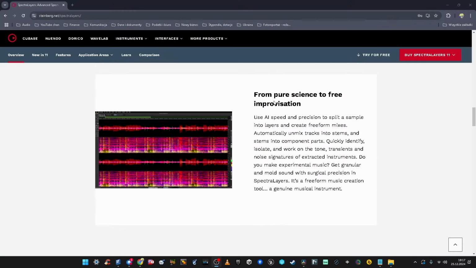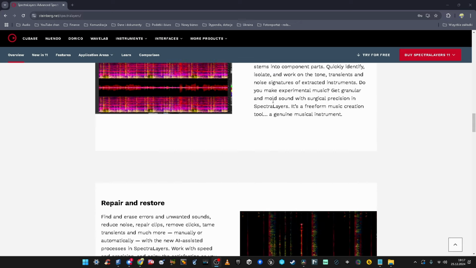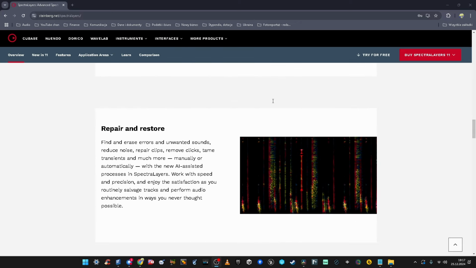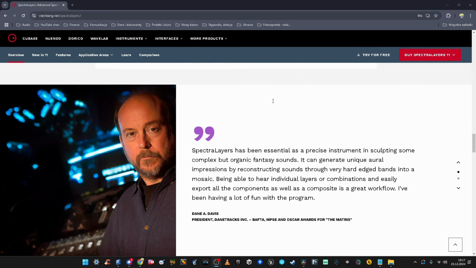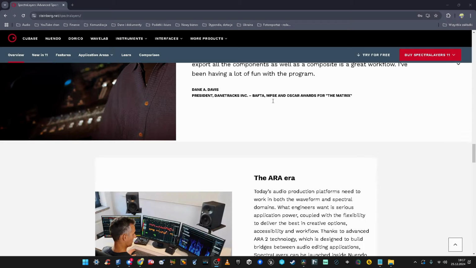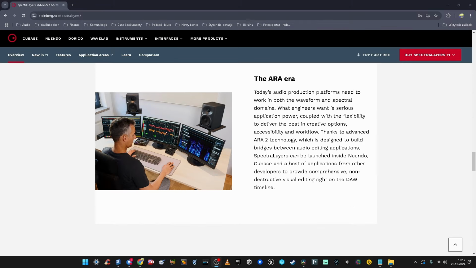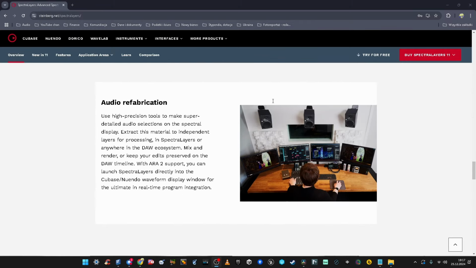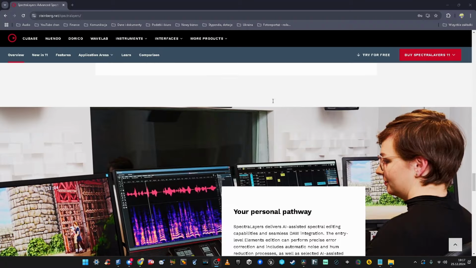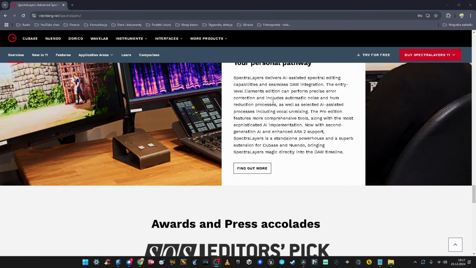But not only that, it's a fully fledged spectral editor to repair your audio. It works differently than RX 11, for example, and for some reason it cannot fully replace RX 11 in my arsenal, in my workflows, generally iZotope RX.